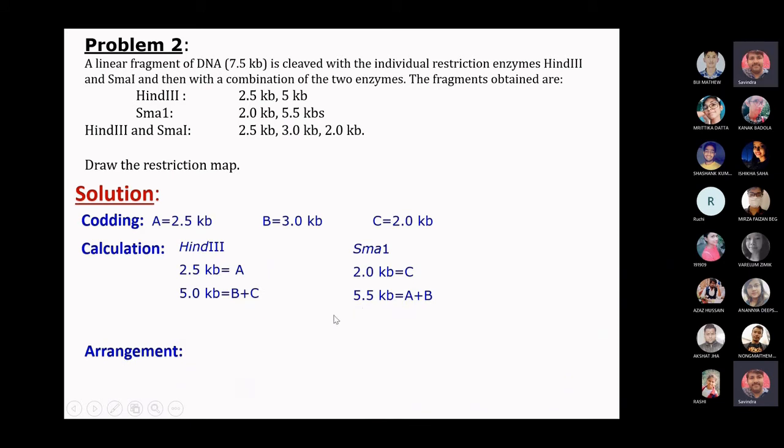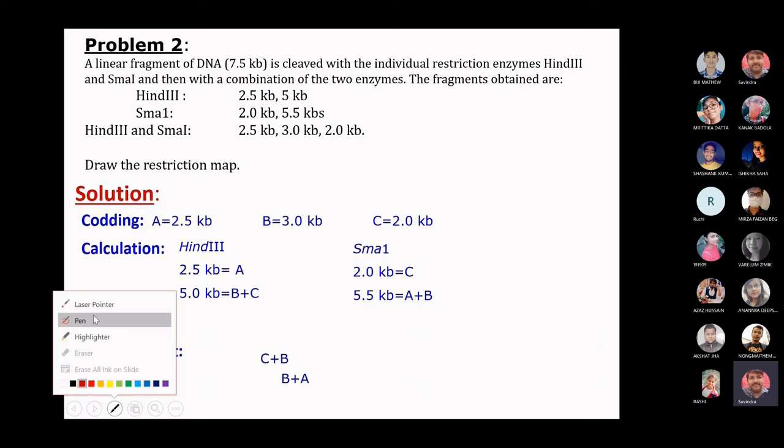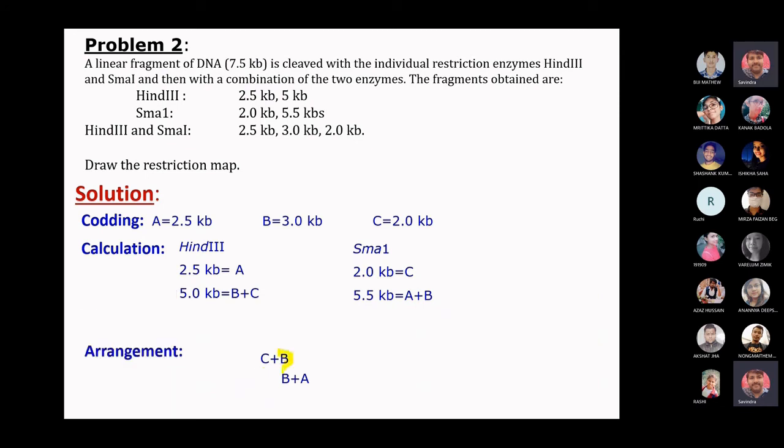If we arrange it, first of all, we can write anything. We can write B plus C, or C plus B, it's vice versa, both are the same. If you write C plus B or B plus C, the meaning will remain the same. So first of all, we will write one of these fragments which is a combination, and then the second fragment will overlap with it. You will see this must be overlapped with each other. You cannot restart. You have to start from a point and end with the last point.